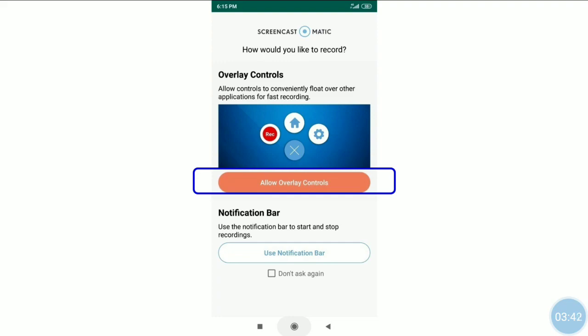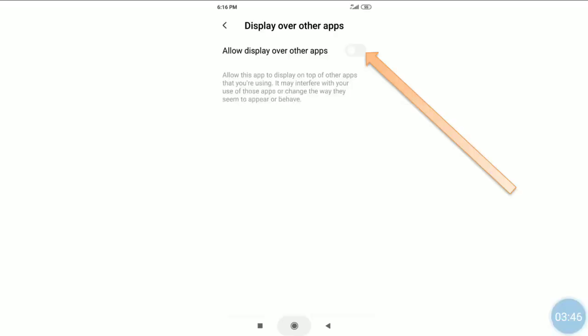So just click on allow overlay controls. Here it is disabled, so make it enabled so that while recording, while using this interface, you may use this application very effectively. So just enable it.